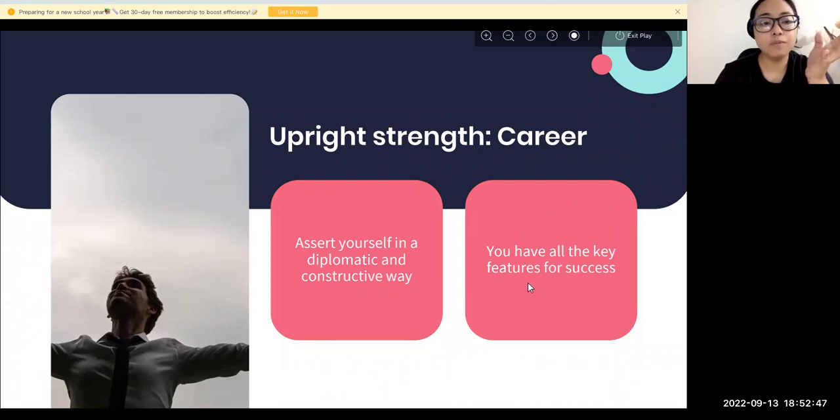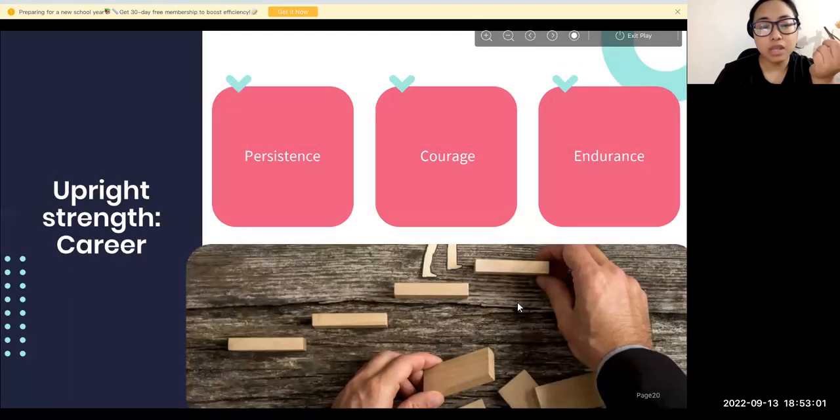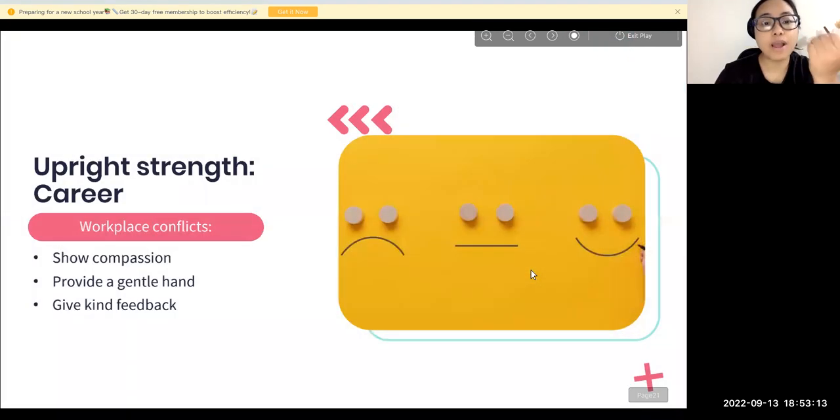Very, very powerful. And when you're successful in career, your finances also will be stable. You don't have to worry about your finances. Even if there is a little struggle in your finances, you will be able to overcome it. You will be persistent, you will keep working, and you don't have to worry about what people say. You are courageous, and there is endurance. That means you have the strength to fight, to bring something into your life.